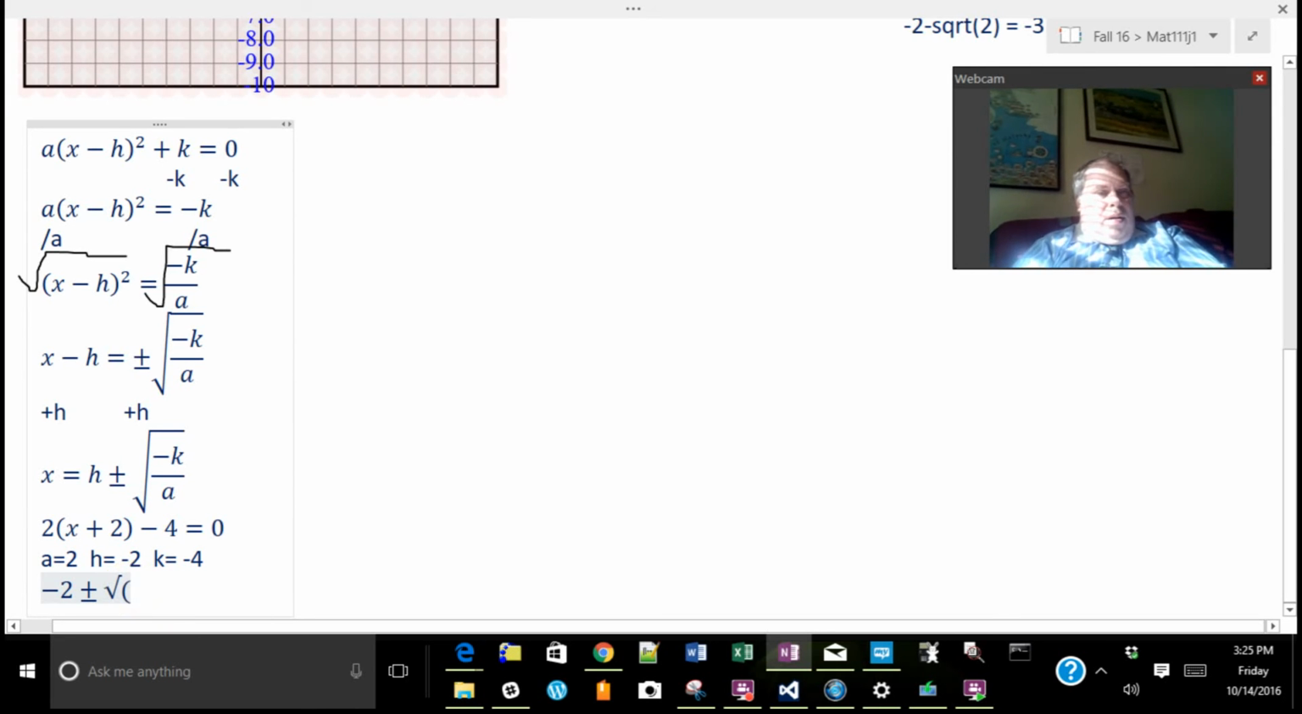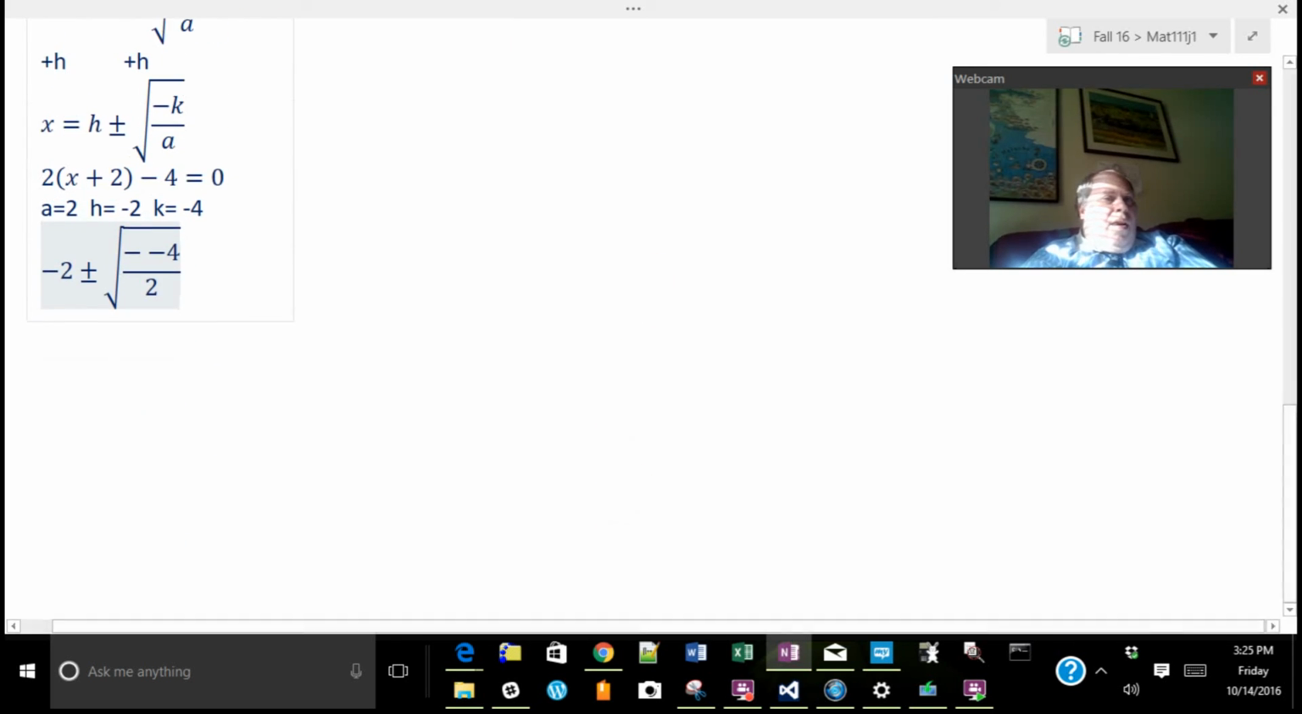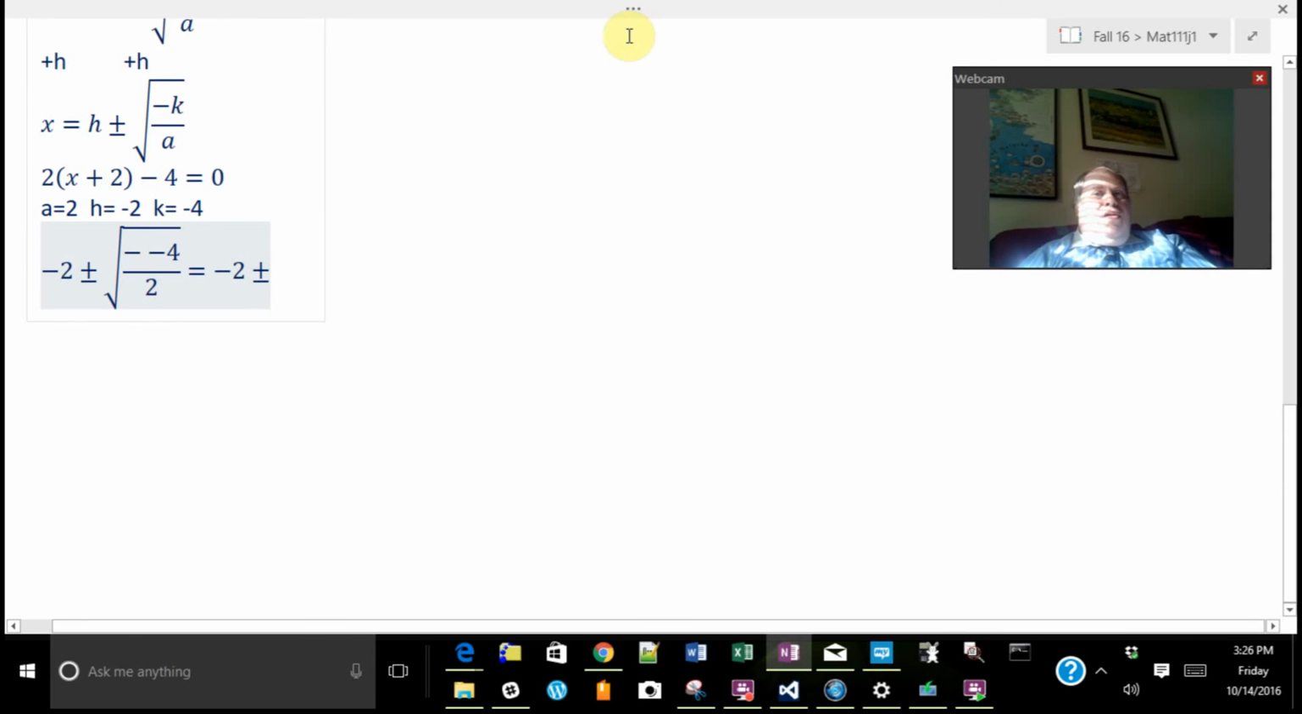minus, minus 4 divided by 2, which now you just work out. Minus minus 4 is 4, and 4 over 2 is 2, so this becomes minus 2 plus or minus the square root